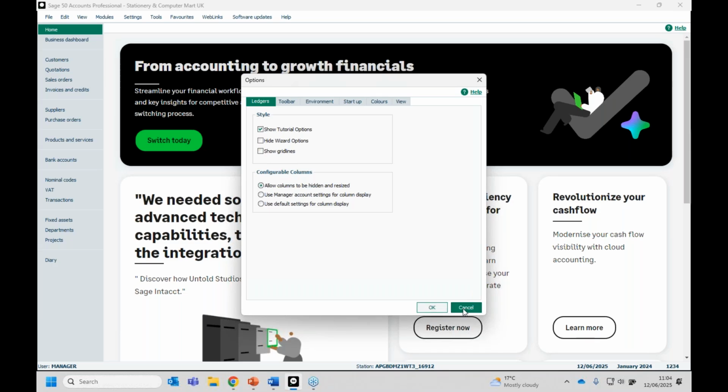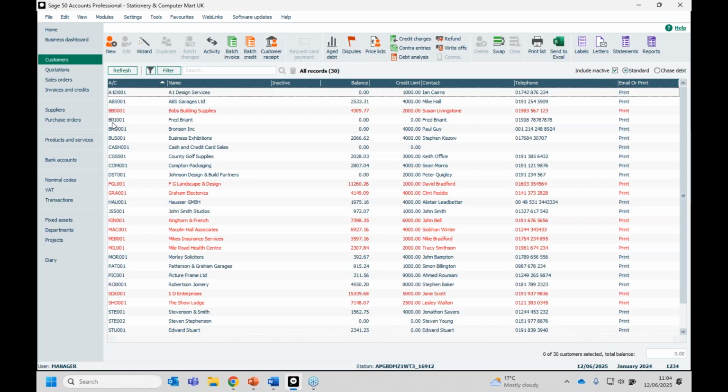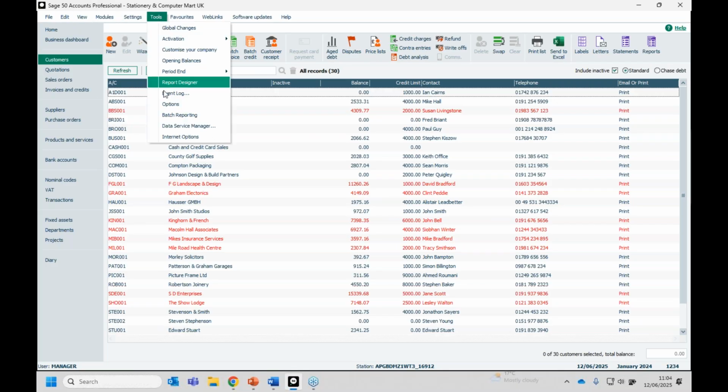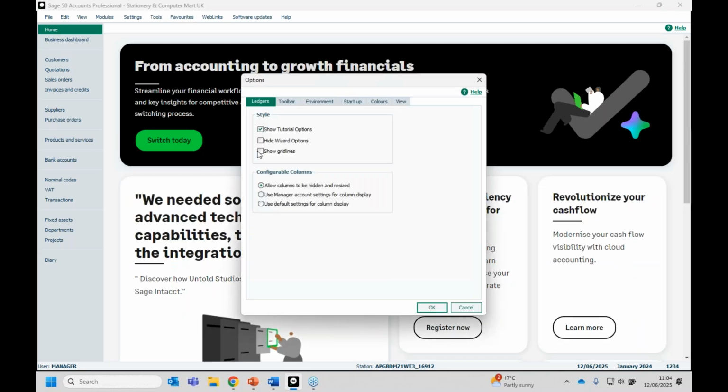If I show you what it looks like without, yours might look a little bit like this. We go back into Tools and Options, you can see there's no lines or anything, but if you want to add grid lines, in the first option, you've got Show Grid Lines. So if I tick that option and click OK,